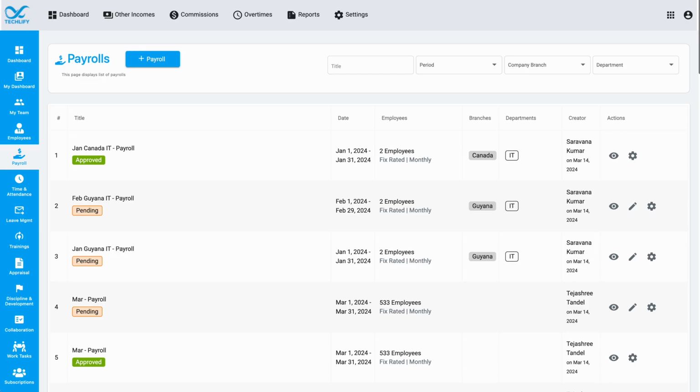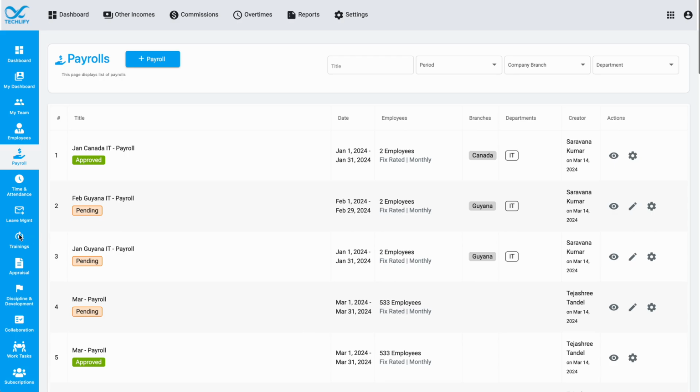In a new release of TechlifyHR, we've introduced a feature that allows you to replace the supplementary payroll with a statutory deduction rollover directly into your next payroll. Now, this is very useful for cases where you have GRA releasing a new threshold, let's say in February this year, and you would have already run your January payroll, but your employees need to benefit from that extra statutory